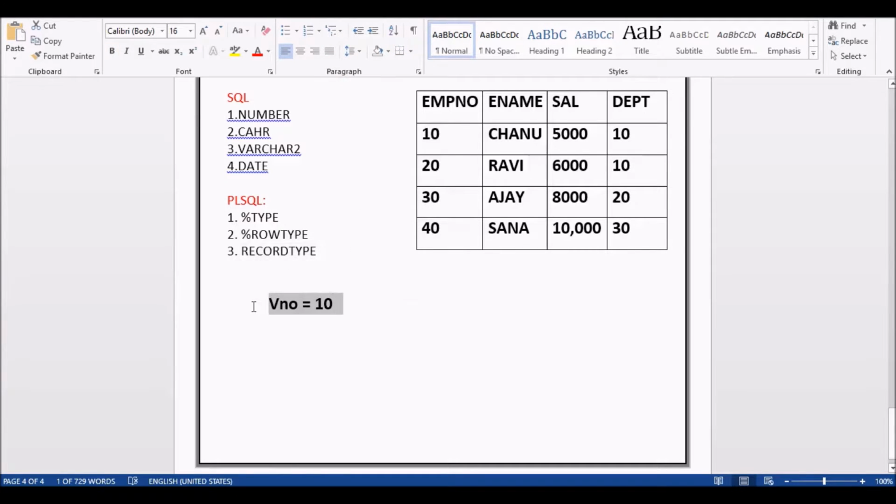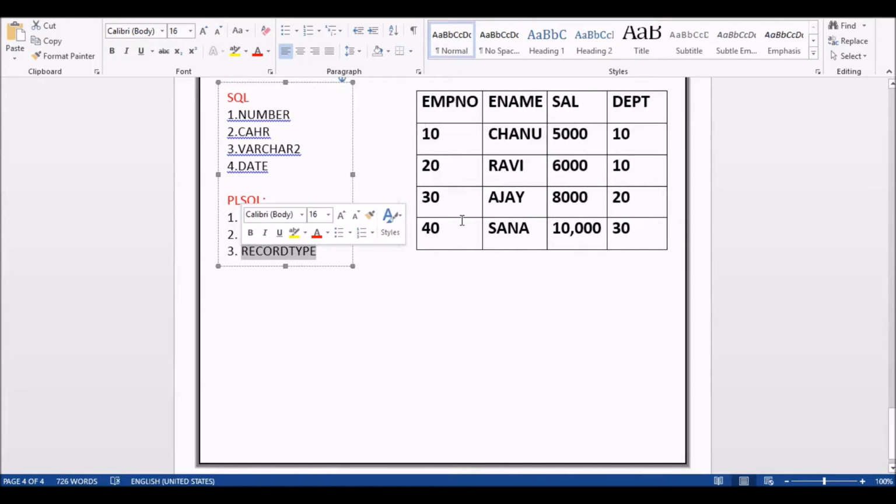So simply we can say that %TYPE means only one column, %ROWTYPE means all columns, and RECORD type means columns from more than one table. This is the main concept of the data types in PL/SQL.